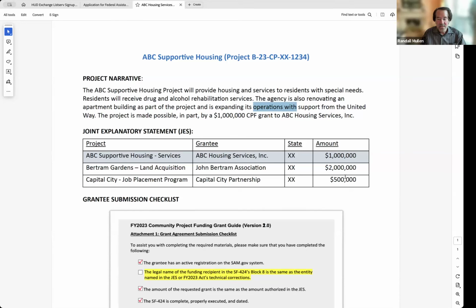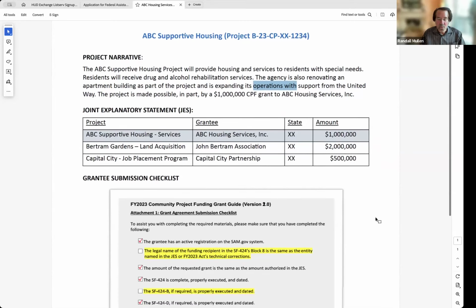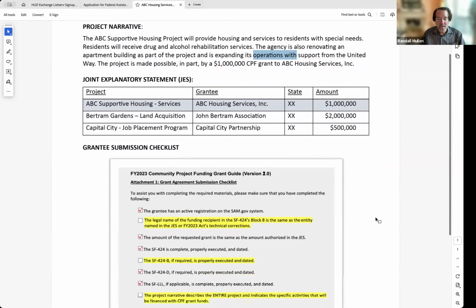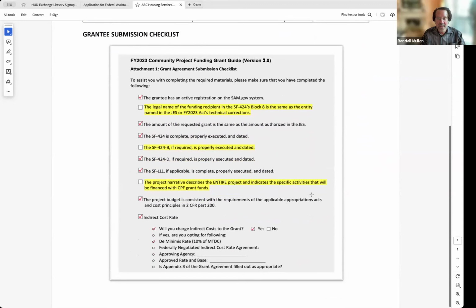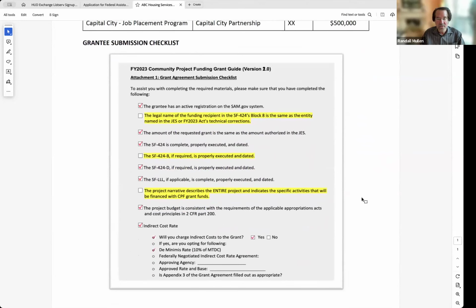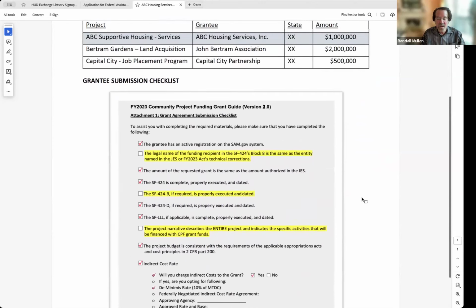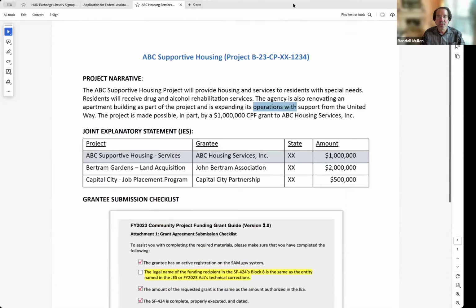Why? Because this grant award must be used in conjunction with and in alignment with the intent of Congress. So it's vitally important that you be specific about the description of your project and identify the specific uses of the grant so that those are written into the agreement and HUD can then carry out the intent of Congress through your particular grant award.